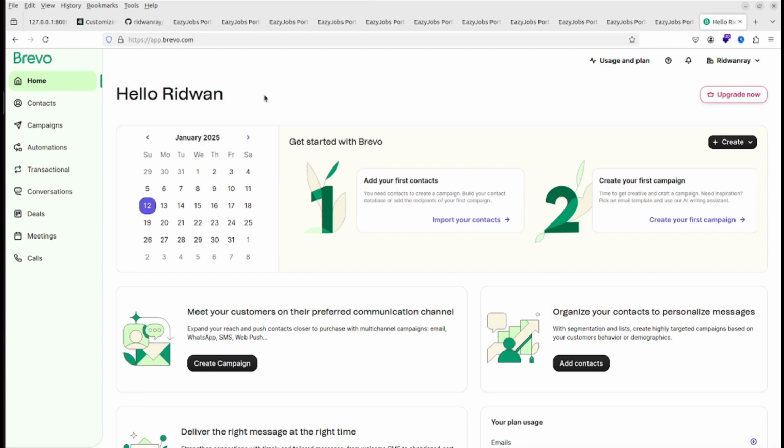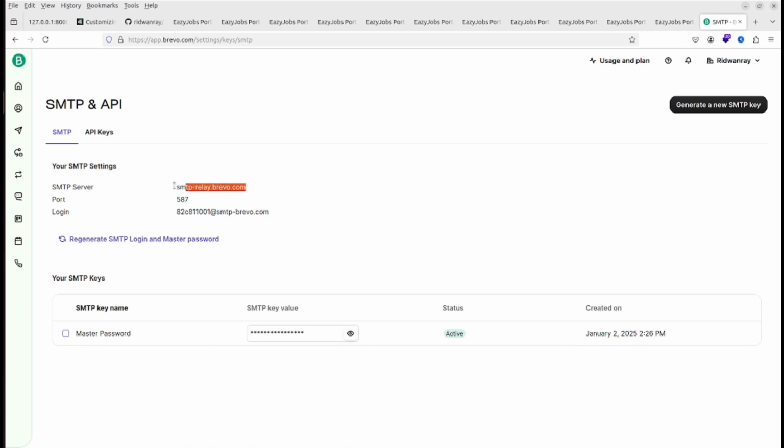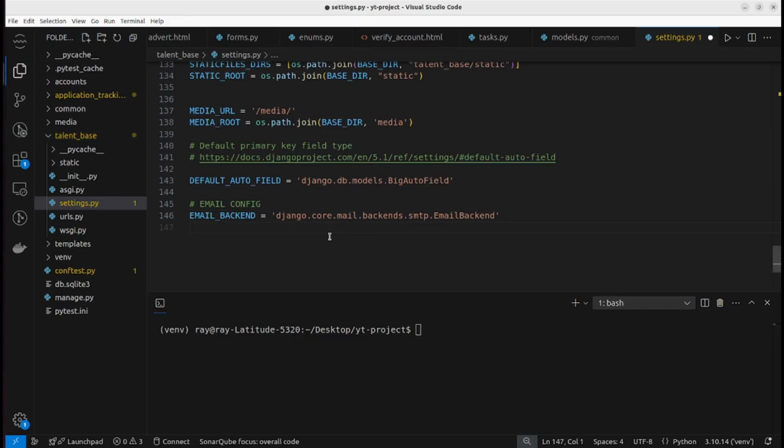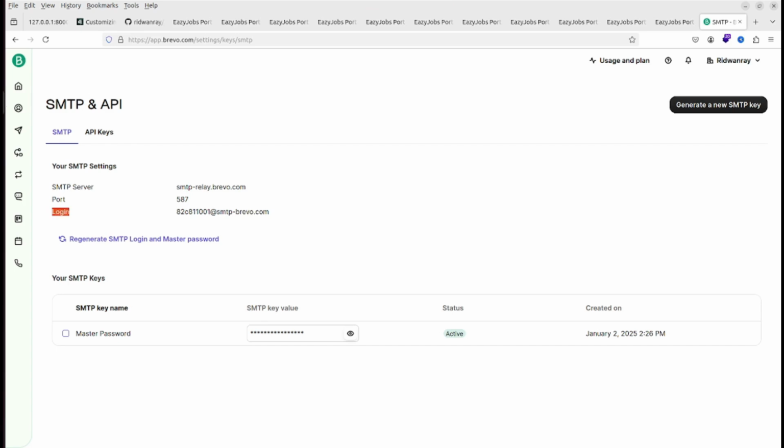So you first need to select an email service provider, such as SendGrid and Brevo. In my case, I will be using Brevo. Then you need to look for SMTP settings, SMTP and API. We need the SMTP server, also known as the host, login and password. EMAIL_HOST equals smtp-relay.brevo.com,